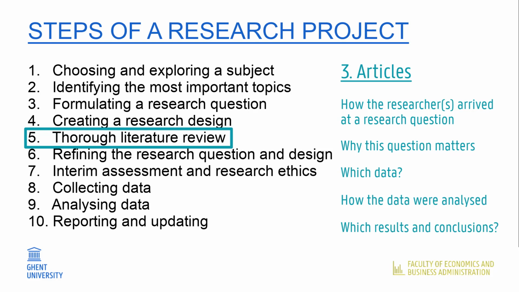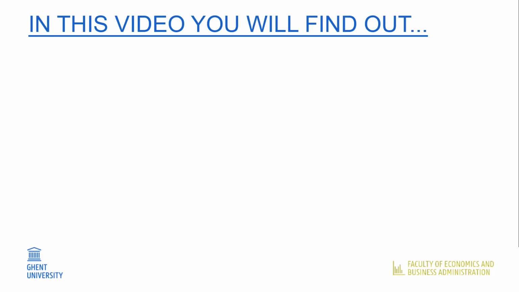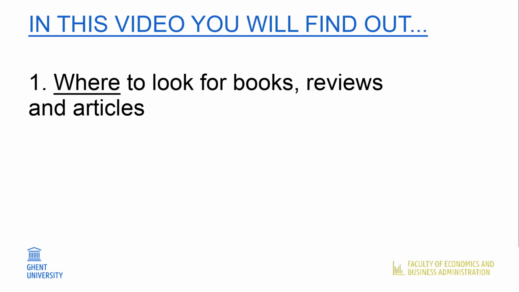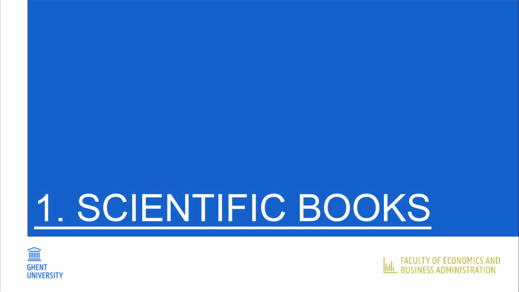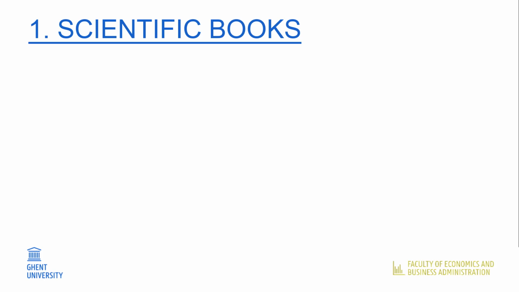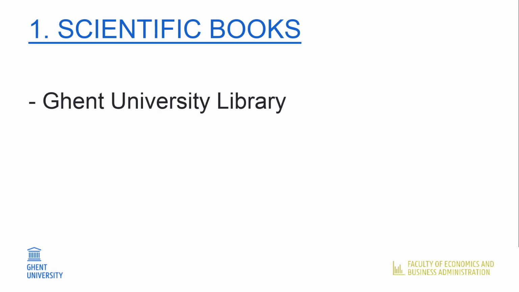In this video, you will find out where to look for each of these types of scientific sources and how you can seek out the sources that are relevant to your particular research project. Let's begin with books. The best way to access scientific books is via the University Library Catalogue, which can be found online at